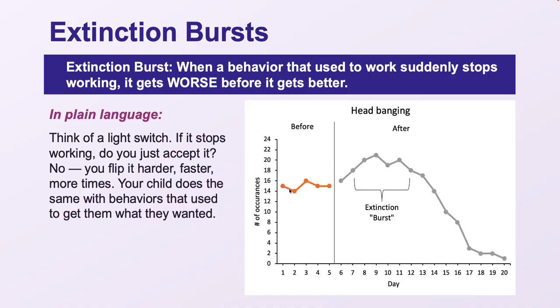So this is just to illustrate before it's operating at one level. After you take the thing away, they're going to keep trying. And then after a while, when they realize that they're not going to get the item and you're teaching them the other behavior they're supposed to be using or learning, more adaptive, maybe a safer behavior for them that still serves the same function of getting what they want, this headbanging behavior eventually goes down, right? The thing to think about, though, is if you reinforce here at the top, you have set the new level of where the behavior would go. So just be mindful of that as you work through.